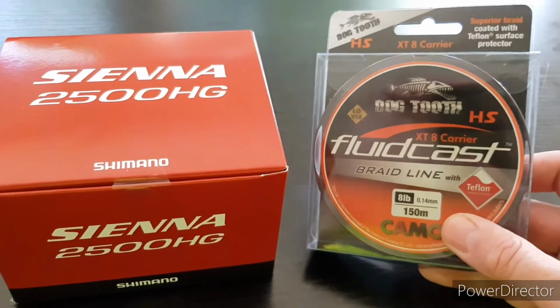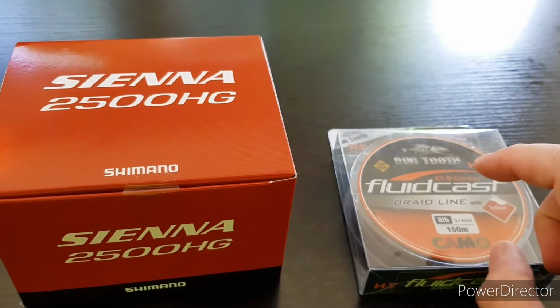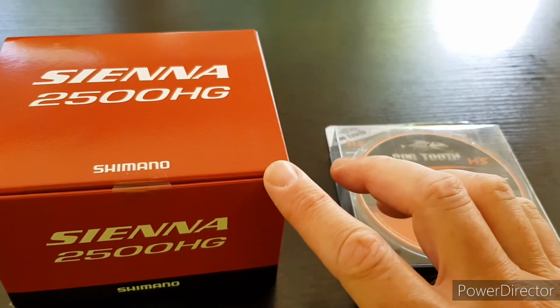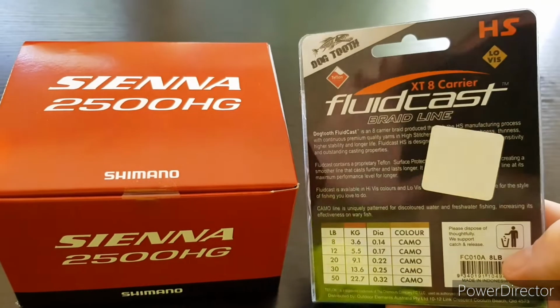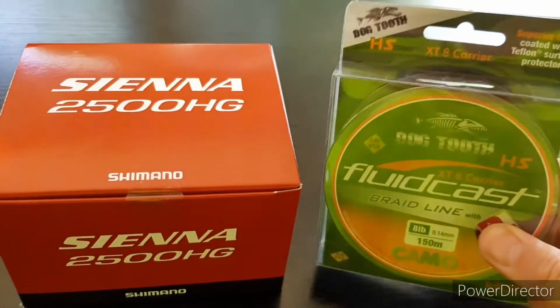So this was a little bit cheaper, and this is 8 pound and 150 meters. I definitely think this is going to fill this reel, so I might put on a little bit of extra backing this time around. But yeah, I just wanted to give you a bit of a look at the Dogtooth braid that I'm going to be putting on there. All right,